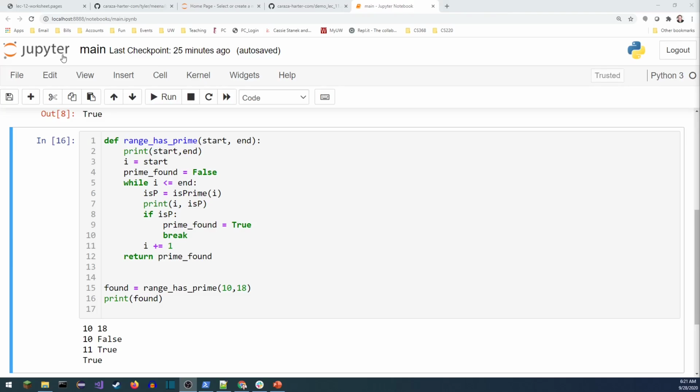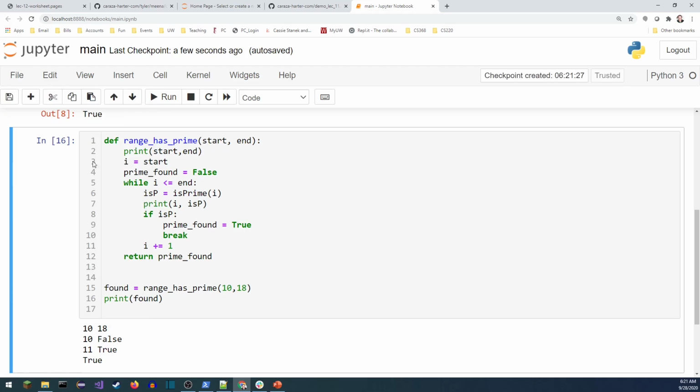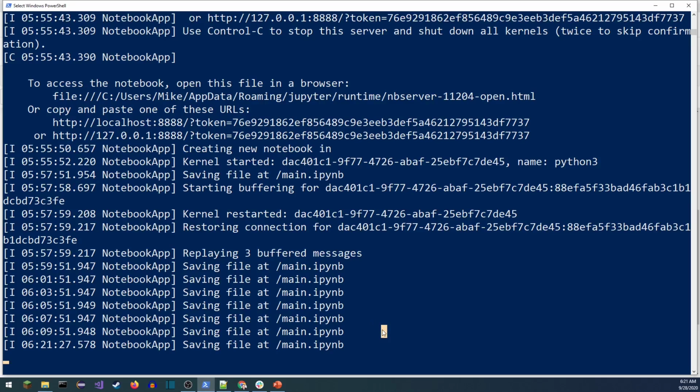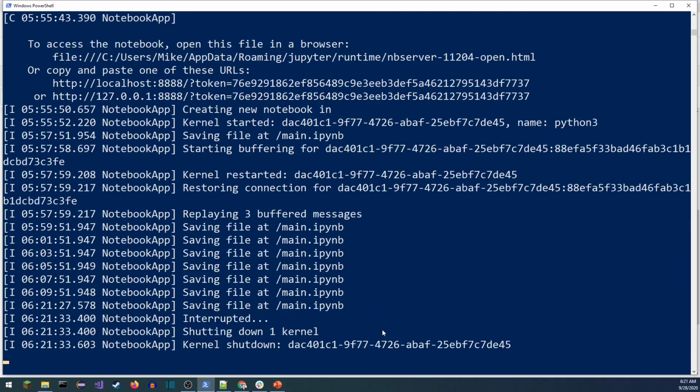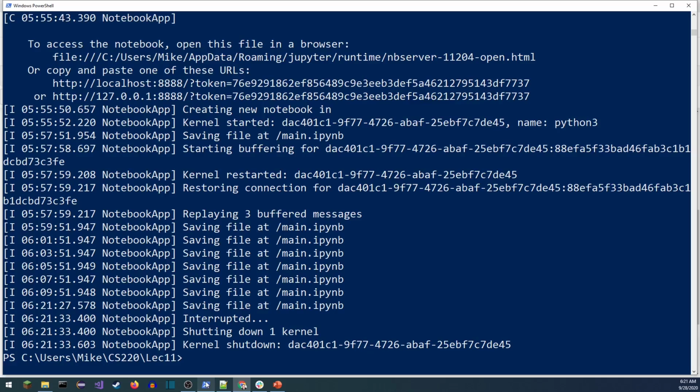All right, I'm just going to go ahead and go up to my Jupyter notebook. I'm going to save this. Save and checkpoint. There we go. And now I can go back over to PowerShell. I can Control-C to quit this. That'll exit Jupyter Notebook. Probably give me an error message when I pop back over here. That's fine. Connection ended. But what I want to do now is in this same directory, we'll type idle,